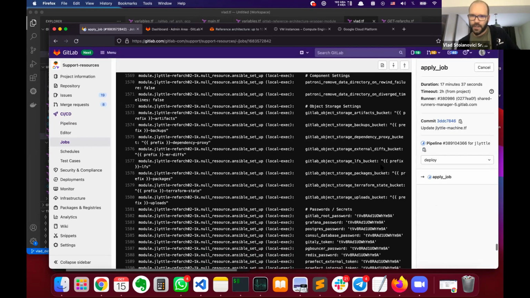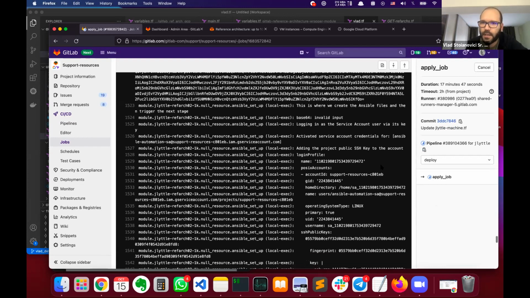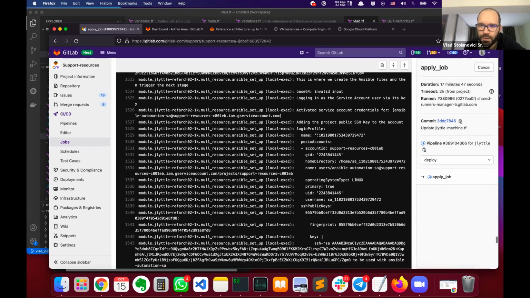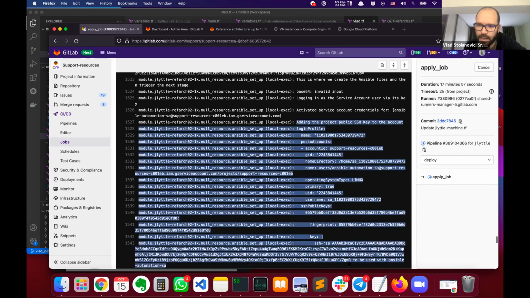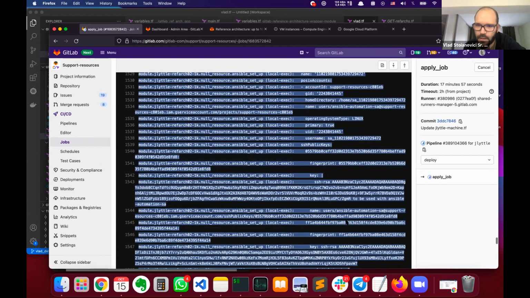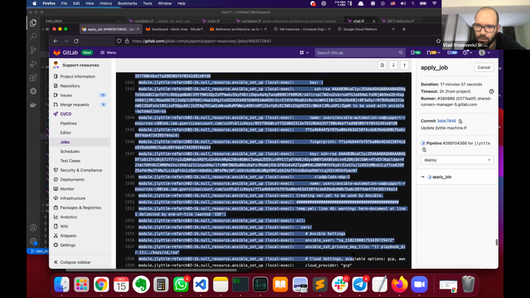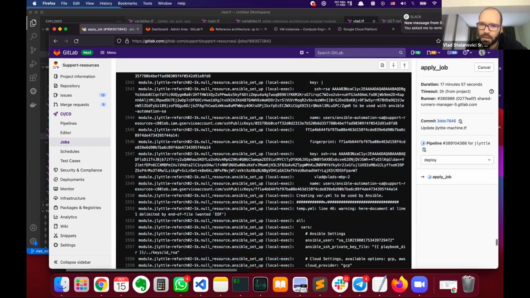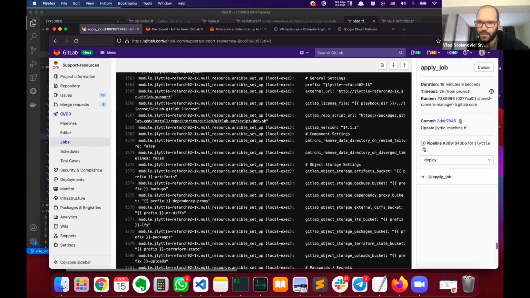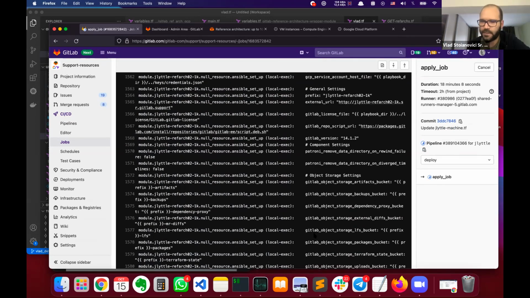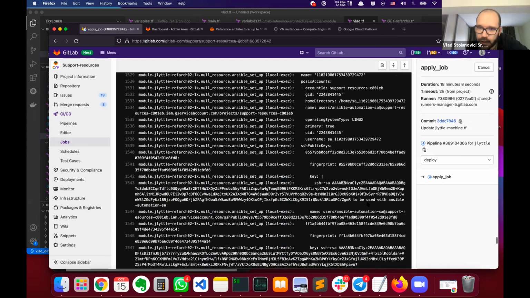Another thing that would be interesting to see is the configuration files that were generated. So these would be the ones that GET is also referencing when saying to create a vars.yaml file in the documentation. So this is the file that's actually being run, and you will find that in the artifacts as well. And there's